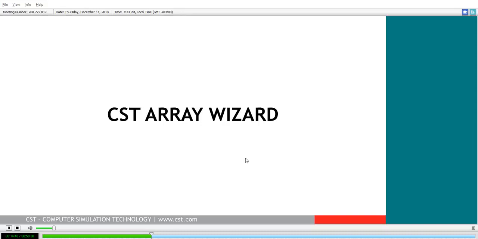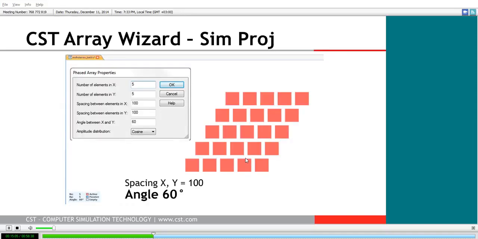Finally, we'll just end our array discussion with a little bit of a preview of some of the nice new features that we're introducing in our 2015 release that will be coming early next year, that in particular have added some nice interface features to aid array designers in rapidly constructing either large or small arrays. In particular, we now have our CST Array Wizard, which can construct finite or unit cell arrays as a simulation